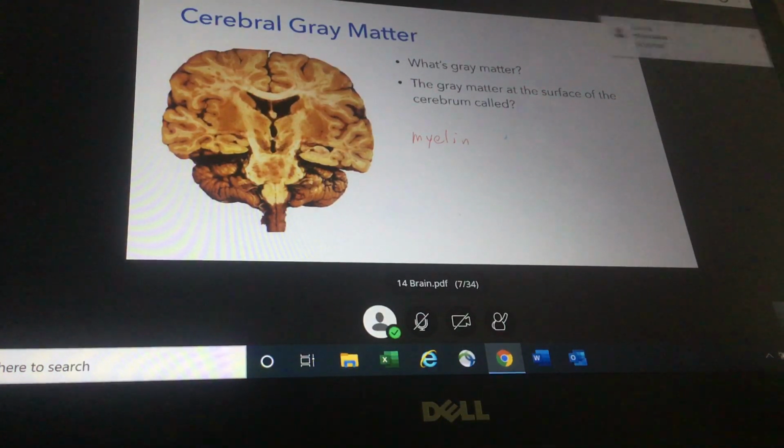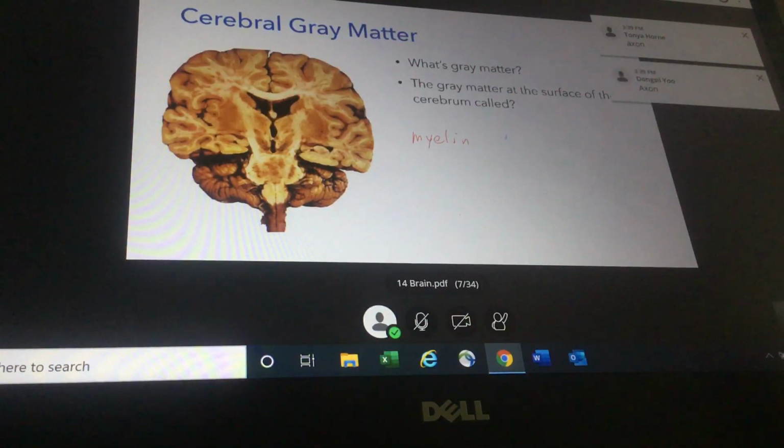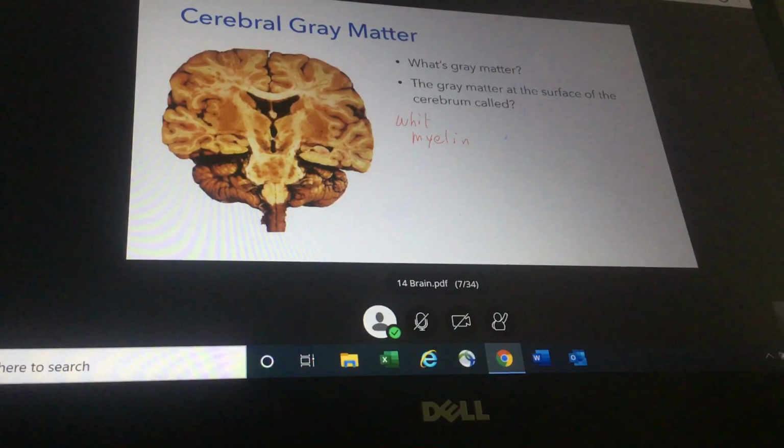What is the only part of a neuron that is myelinated? What's the only part of a neuron anywhere that is myelinated? The axon. Yes, axon. So when you see white matter, you're seeing, if you could look at it under the